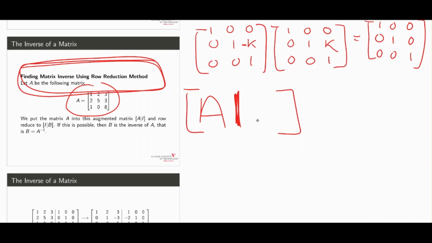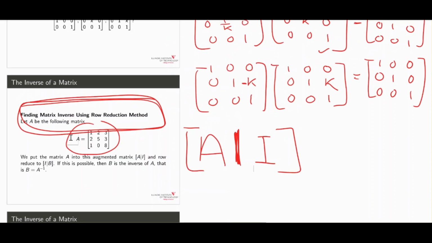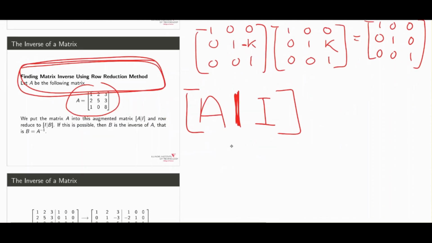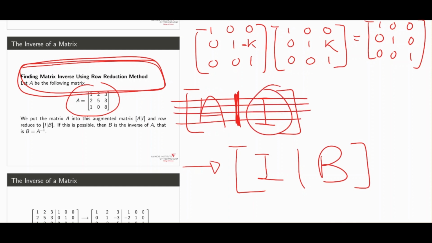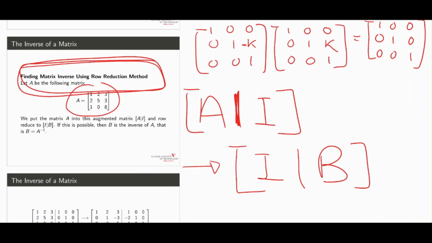Last time we usually just had a column vector right here, but now we are putting the entire identity matrix in to form an augmented matrix. And then we do row operations on this entire augmented matrix. The objective is to do the row operations so that at the end, we turn this entire left-hand side, this matrix A, into the identity matrix. Because when you do row operations, you do them on the entire matrix like this, so the I here will change. If you change this to I, this part here will change. And let's say you end up getting a matrix B,